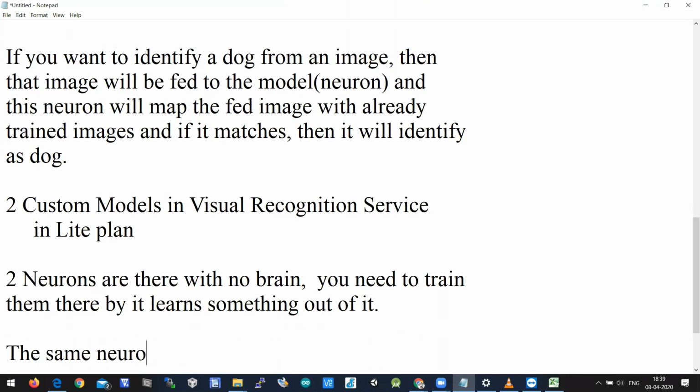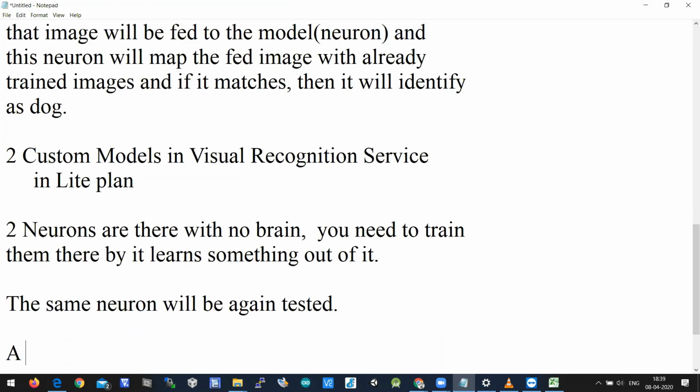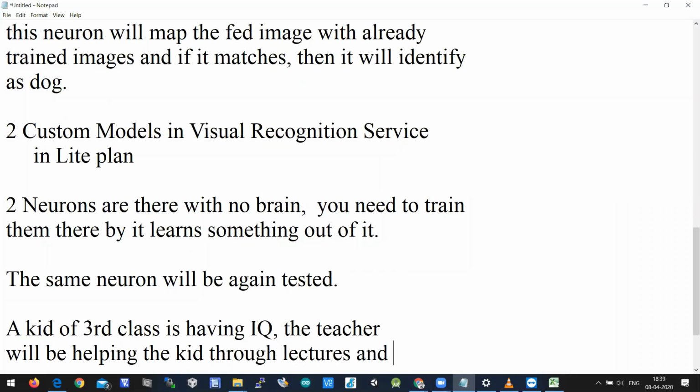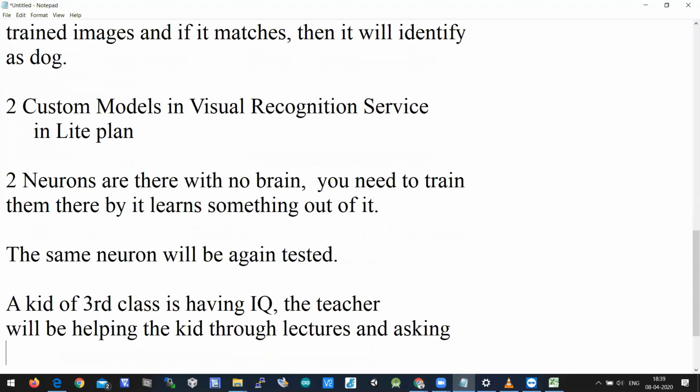And the same neuron will be tested again. Something like, say, a kid of third class is having IQ. The teacher will be helping the kid through lectures and asking the kid to learn.